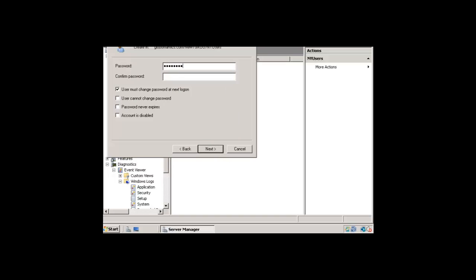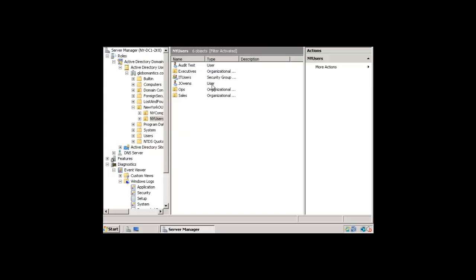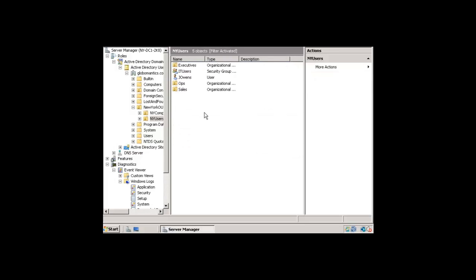Alright, and I'm gonna do a password purposely, so it will show on the output. And click finish, and there it is. So let me do some kind of major changes. I'm gonna delete it,